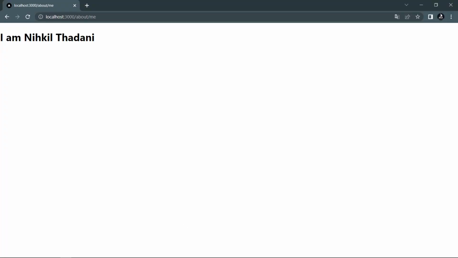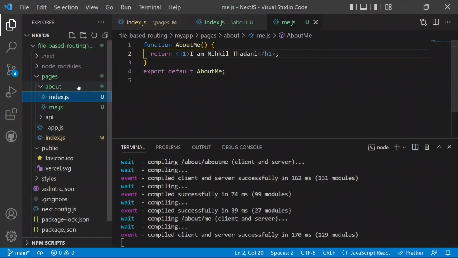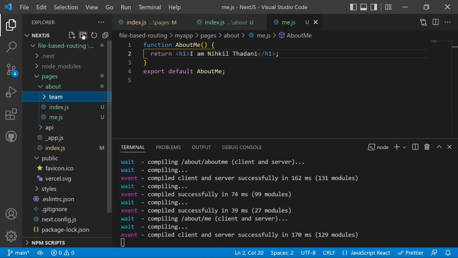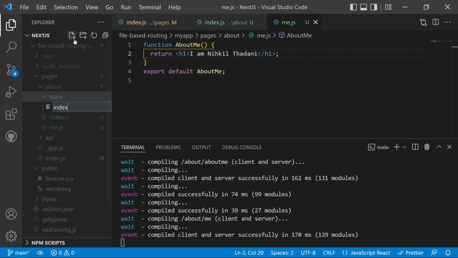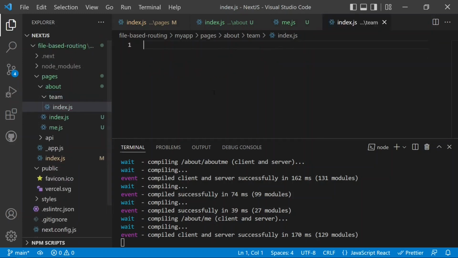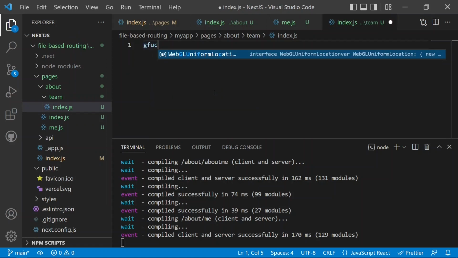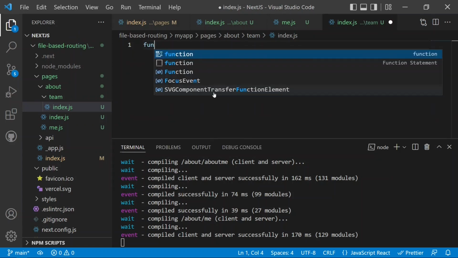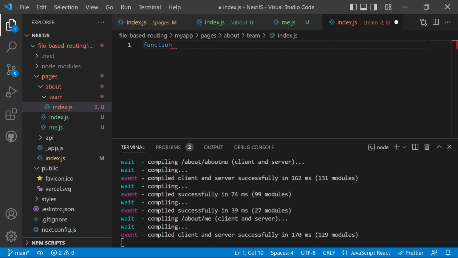After the me, we can create another nested route as well. Inside this about, we can create another folder, like team, and inside this team we can create the index.js as well. The index.js inside this team will work the same as before. So we can create a component function again, like AboutTeam,